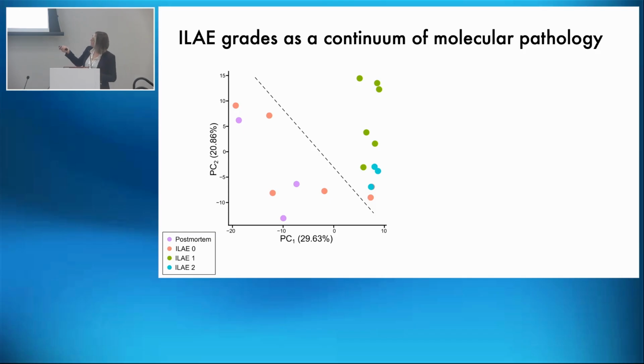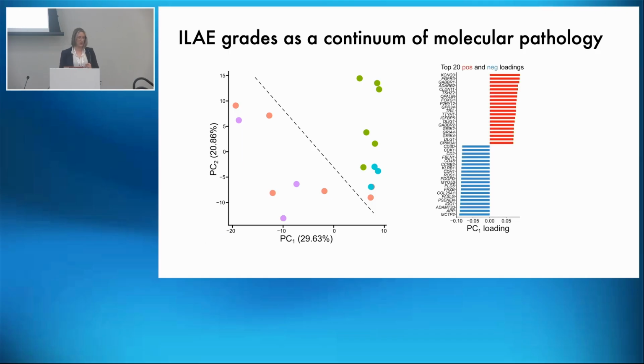And you can see that samples are shifted along PC1 to somewhat divide between samples with hippocampal sclerosis versus without hippocampal sclerosis. So I took a closer look at the genes that are specifically involved in this loading and in this shift, and I've identified cells that are involved in synaptic transmission and excitability, as well as oligodendrocytes and myelination and microglia homeostasis. All of those are involved in the positive loading, and in the negative loading we see a lot of immune signaling, as well as extracellular matrix remodeling, which I think is also really important.